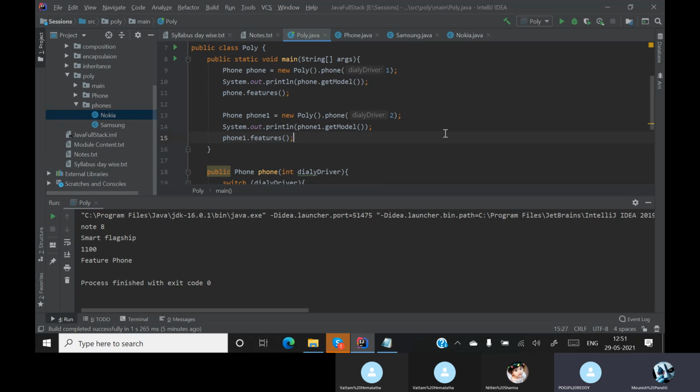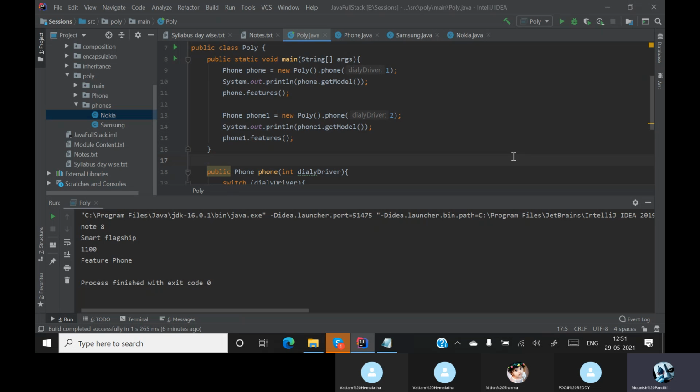Yes, sir. Don't worry much about static. From tomorrow or the next session, we'll be going with the core concepts of Java, where we'll be covering public, private, protected, all the access modifiers, and the static keyword also. That time we will go in depth.